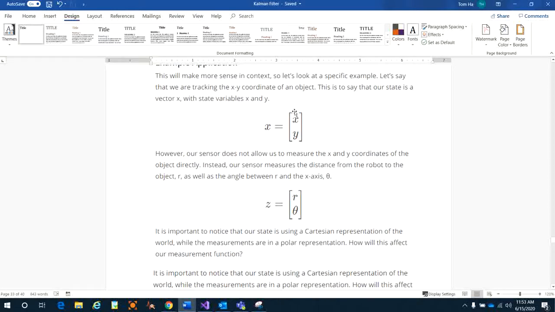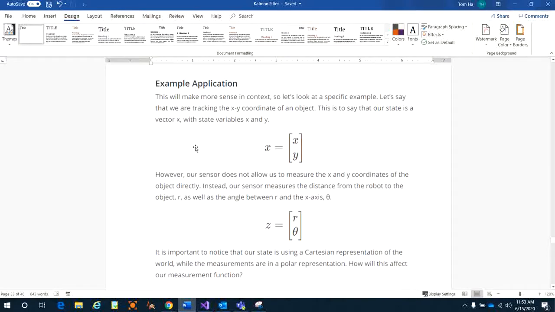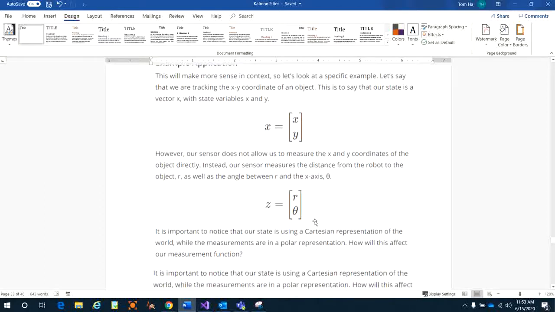Pay attention to this example, because I will use it in depth in the math for the next video, on an autonomous vehicle tracking a pedestrian on the road. And right here we have a function of the state variables s and y, but